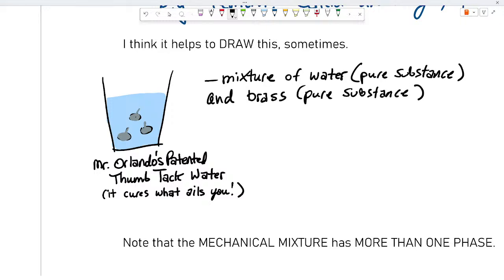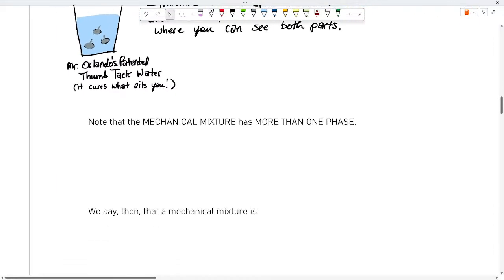Assuming the thumbtacks didn't have any plastic bits on them, if they're just pure brass. So you've got two pure substances and you put them together, you get a mixture. And because you can see both parts, it is what we call a mechanical mixture. The other term you'll sometimes see for this,